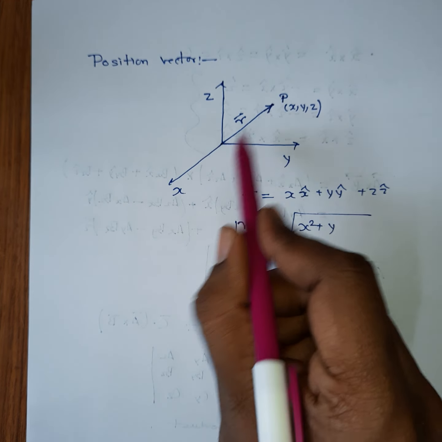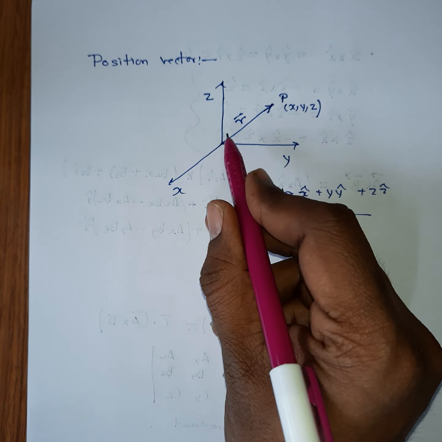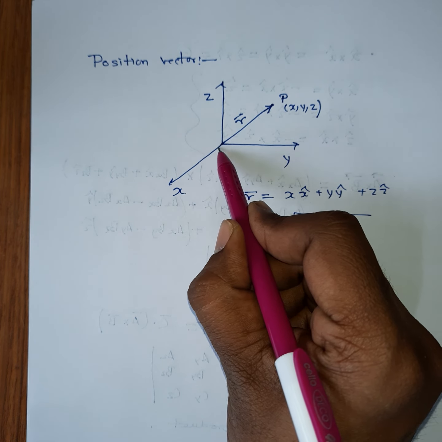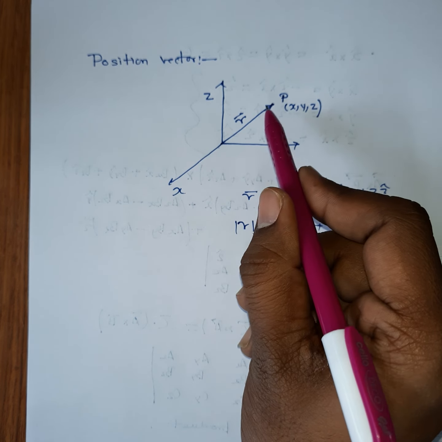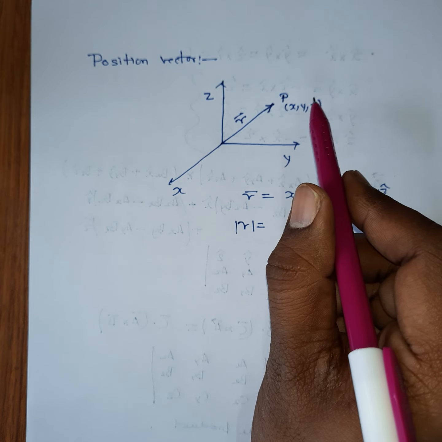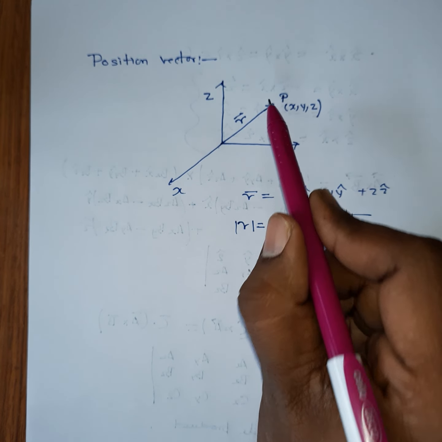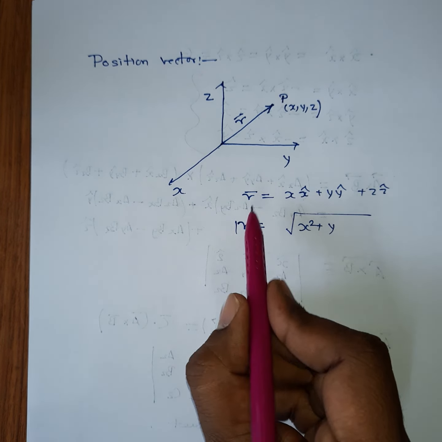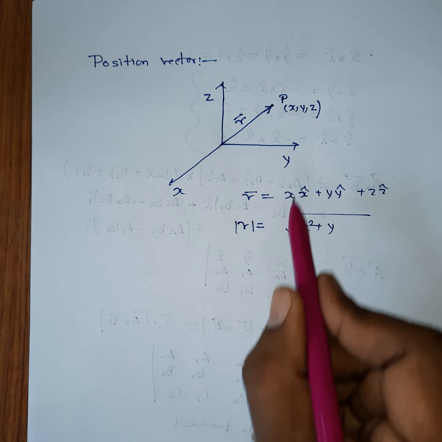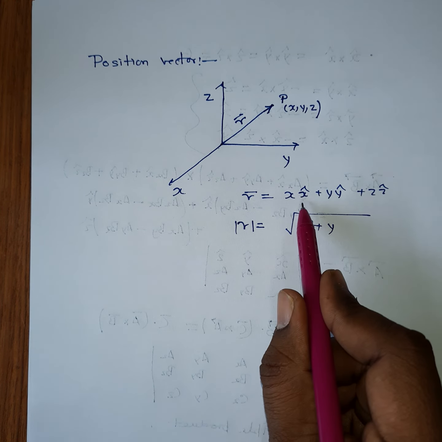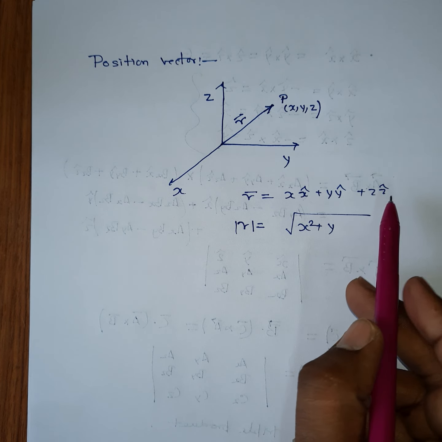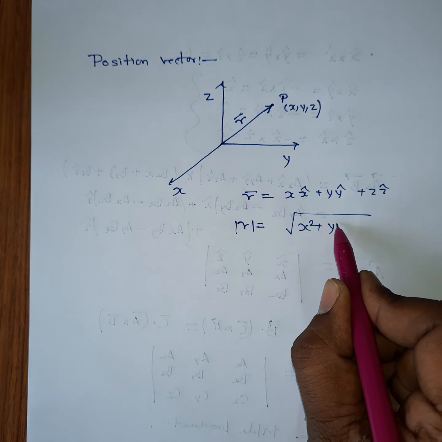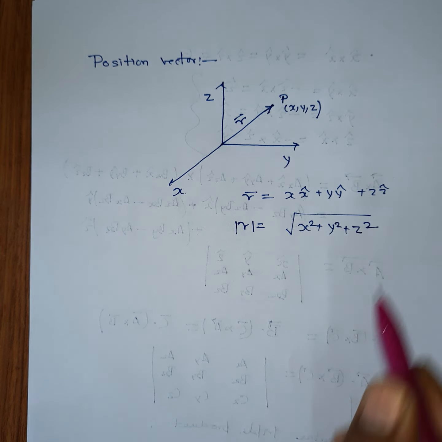So you should have no doubt about what a position vector is. Position vector is the vector that, if you draw a vector from the origin to a point in space, then this vector is called the position vector. See, there is some point P, then the vector from origin to this point is called its position vector. So position vector R of P can be given by this equation, where x cap, y cap and z cap are unit vectors of the x axis, y axis and z axis. So the magnitude of the position vector can be given as, okay.